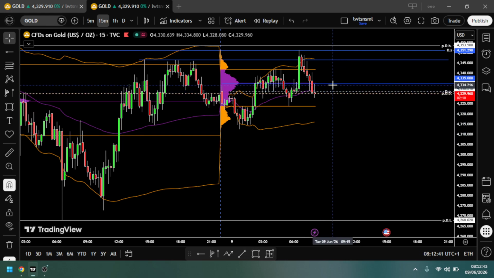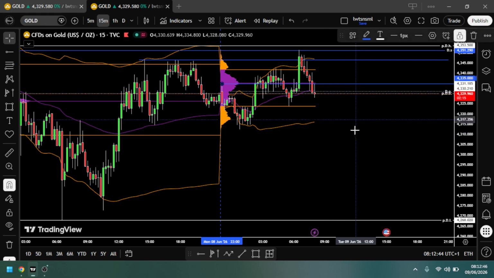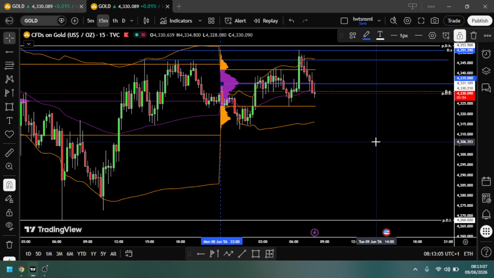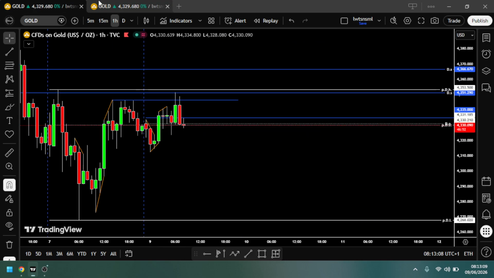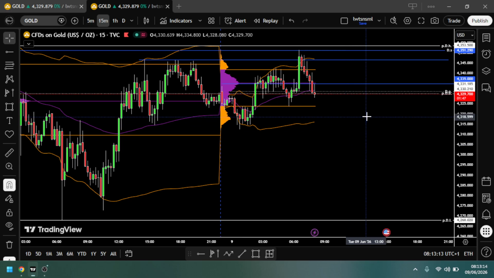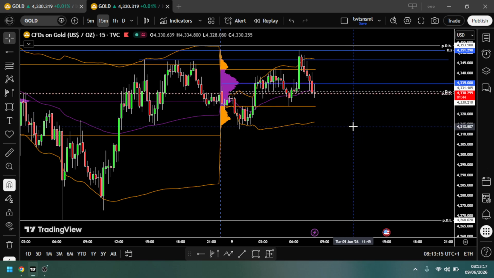But if we do hold, a legit hold above 4335 here, maybe a scalp long, but this one will be very fast, just a scalp, no holding for a long time. Maybe scalp 80% of your position, move to break even, leave the remaining 20% if it runs, if it doesn't, just stop out on this one. But mostly downside is more possible here. And it might not even be London, but I'll be looking very closely because I've missed a lot of trades because I was trying to time the market perfectly recently.